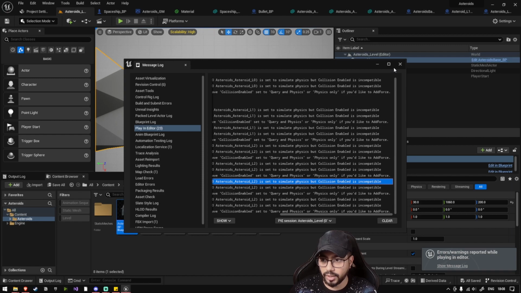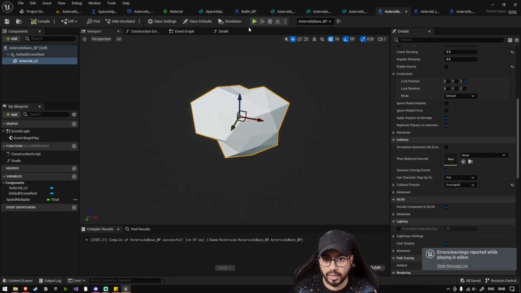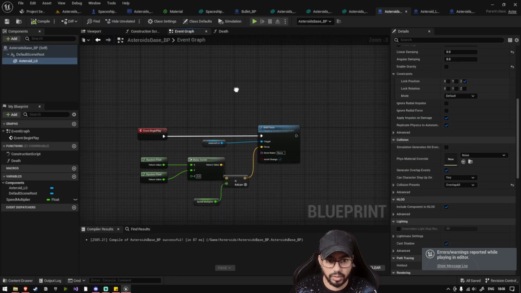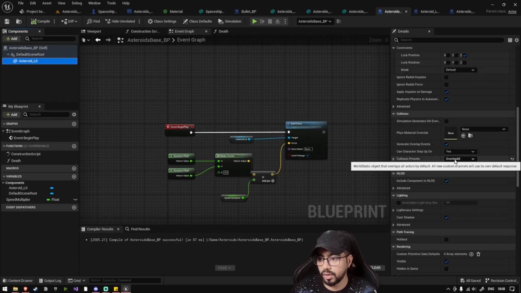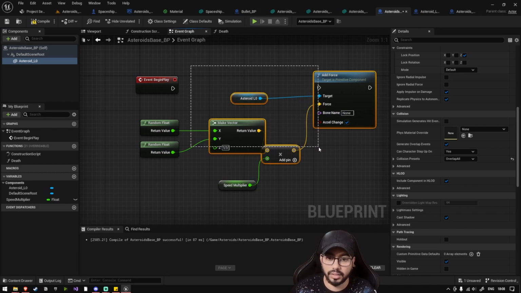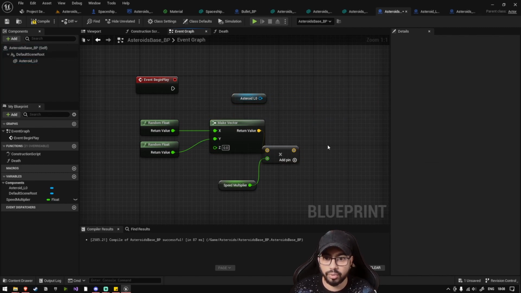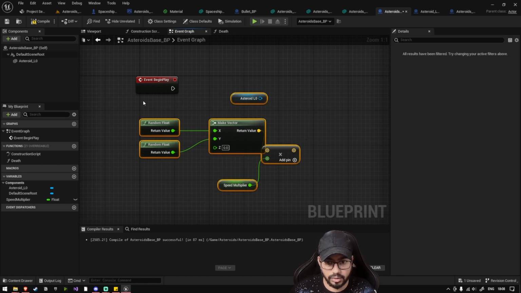So you'll see these warnings. To get rid of these warnings, let's do one thing. Let's go to asteroids BP. And right now we are adding a force. Since we have set it to overlap all and it's not a physics actor, adding force to it doesn't make sense. So instead of adding force to it, we'll just delete all this,